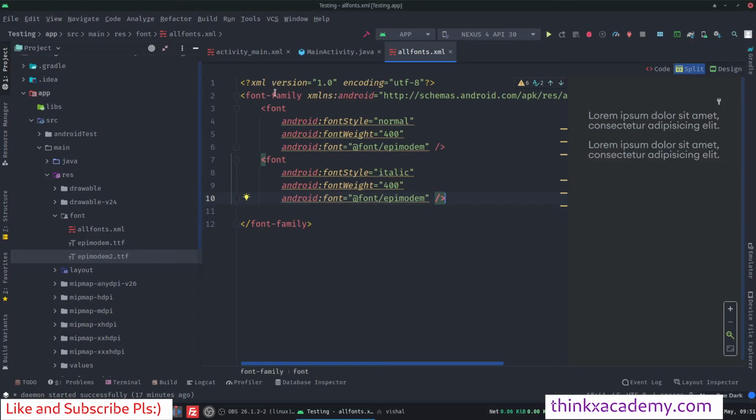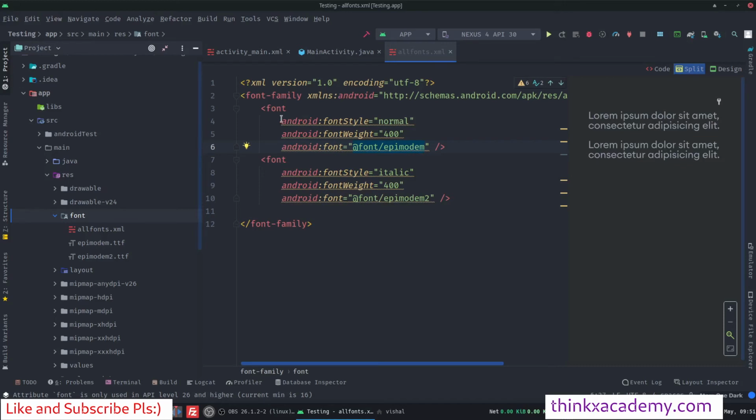Alright, so you can see here I have created two fonts, one with the name epimodem and the second as epimodem2.ttf because I have these two TTF files. And here this is the font family which actually describes all the fonts that we want to support, and there are three parameters. The first parameter is the font itself, so we need to write android:font equals @font, and @font is actually this directory, and then we need to specify the name of the font, which is epimodem in our case.